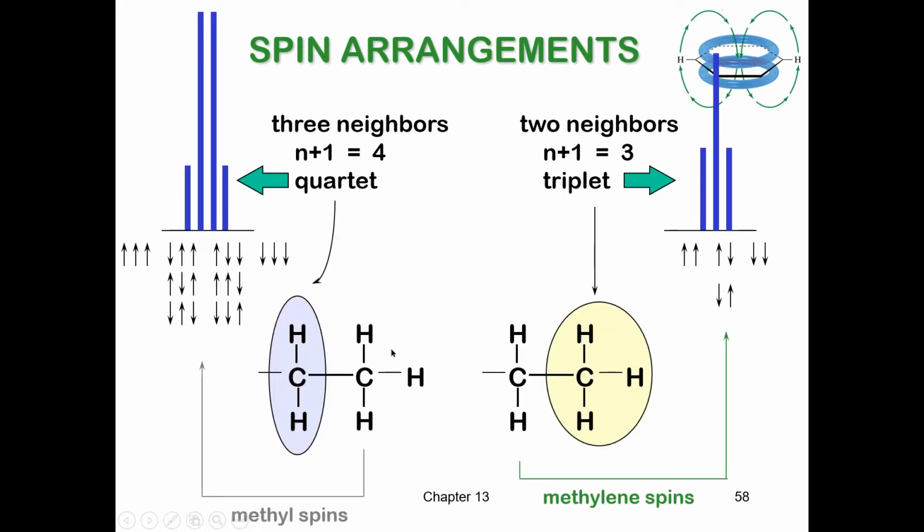Then, similar to this, if we have a quartet, this is the allowed spin state for these three protons which are immediately in the neighborhood of these two. So now we are considering the signal for these two hydrogen atoms. It is split into how many? 3 plus 1, that is 4 signals are obtained. Hence we are getting a quartet for these two. And what is the intensity ratio? 1 is to 3 is to 3 is to 1. So a quartet will always be split in the ratio of 1 is to 3 is to 3 is to 1. Then we have